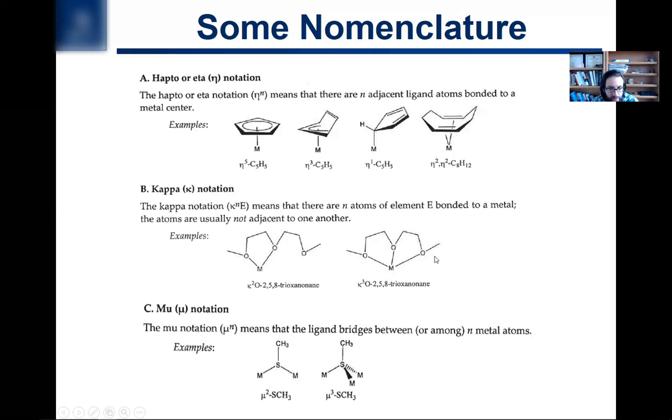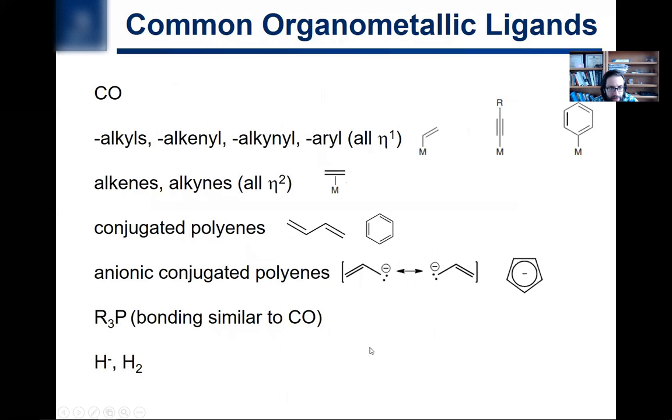And mu notation means that there's bridging going on. So you could have mu2, this sulfur is bridged between 2 different metal centers now, or you could have mu3. You can have higher mu's and they get increasingly rare, but mu3 and mu2 are the most common. Mu2 by far the most common. Lots of different elements can do mu2 bridging, like we talked about when we were discussing inner sphere electron transfer, right? Chloride ligands. So anyway, this would be mu3.